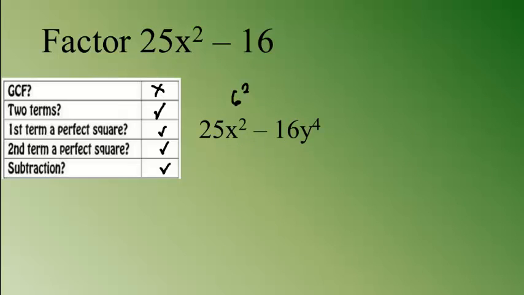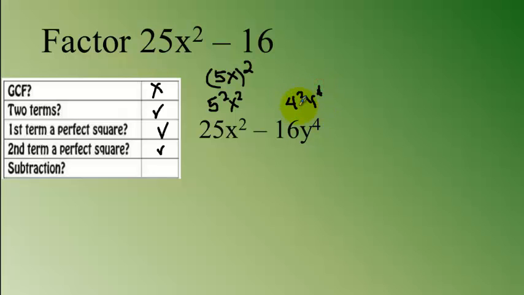Okay, factor 25 x squared minus 16. Alright, do we have a GCF? None. Two terms? Yes. First term a perfect square? Yes, because we can write 25x squared as 5 squared x squared, or 5x quantity squared. Is the second term a perfect square? Yes, because we can write 16 as 4 squared,